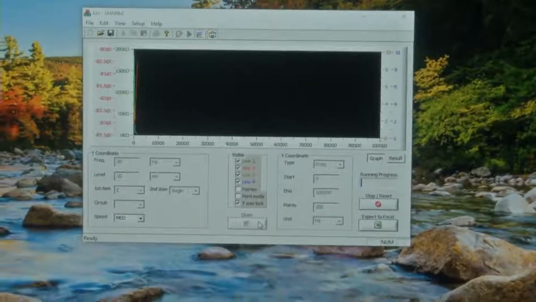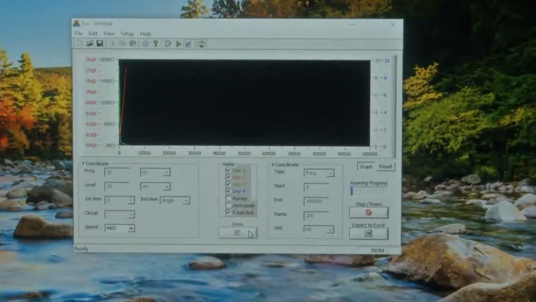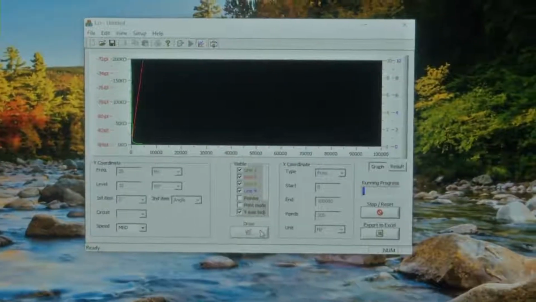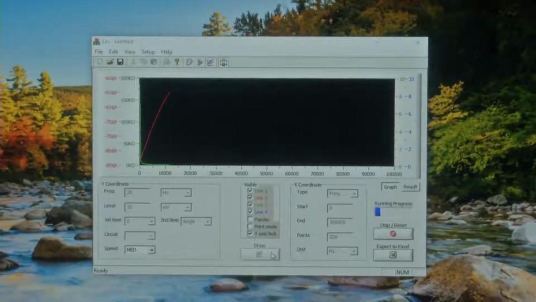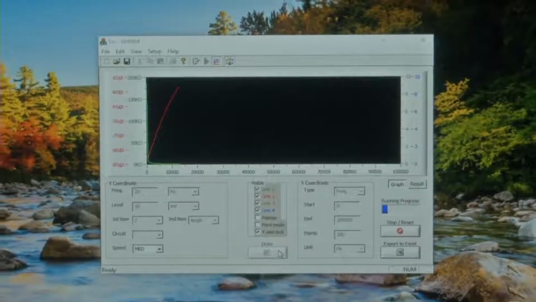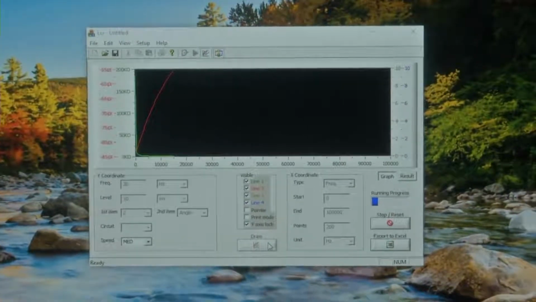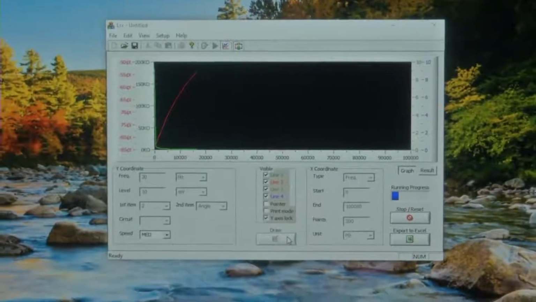Yes, so it is taking the data. So we are having the measurements being carried out. So it will take time because it is spanning through frequencies. Because it is an impedance analyzer, it takes the impedance values from a range of frequencies which we specify. Here we have specified from 0 hertz to 100 kilohertz.